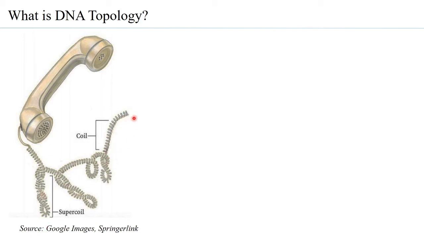So this is a coil, but when the coil coils further, you have an interwound region. This is one topology. You can see that it forms another coil like this, which looks like a solenoid. You can again see an interwound structure like this. So what is formed, that is, the coiling of the coil itself, is what is understood by supercoiling.